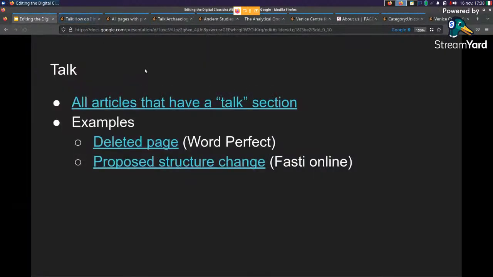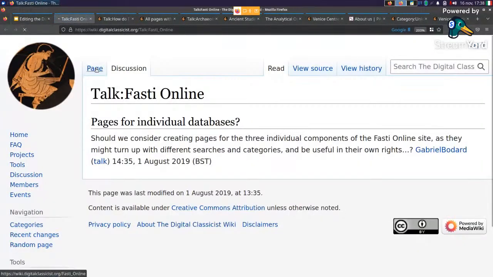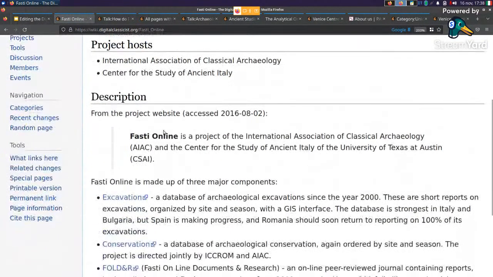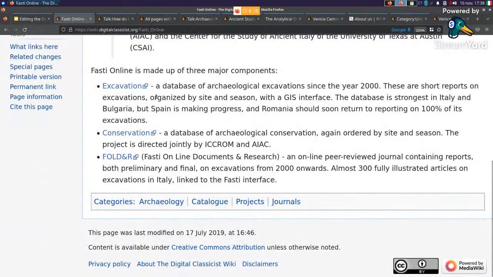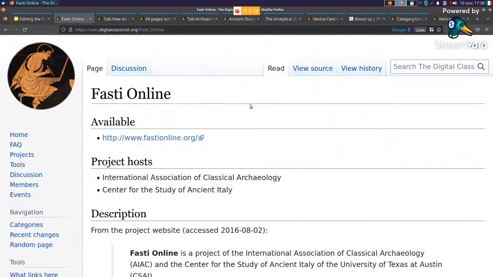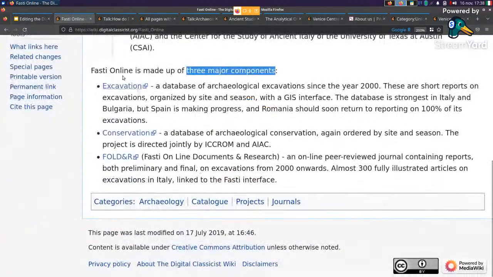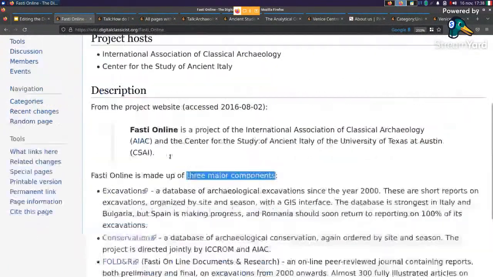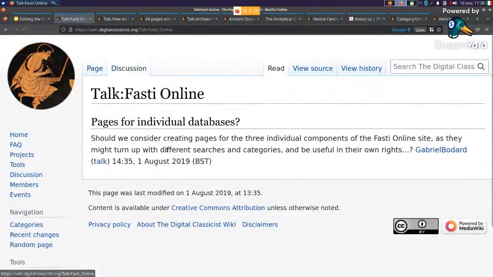The second example I'm showing you is the Fasti Online page. Okay, so this is the page. The page is still online. It mentions 3 major components. So it mentions a project, a large website, which is made of 3 different parts. Each one of these is very important: excavation, conservation, folder. In the discussion page, Gabriel Bodard asked, should we consider creating pages for the